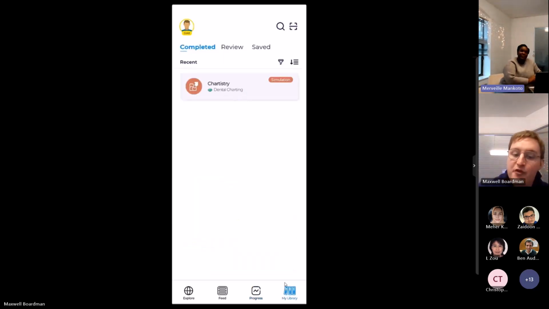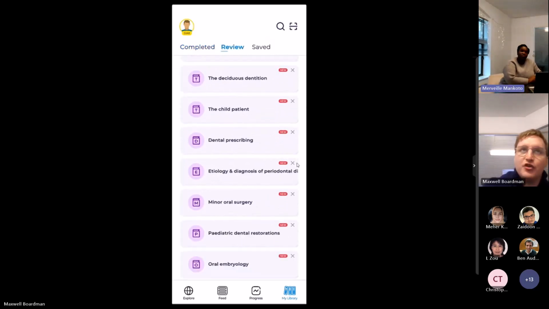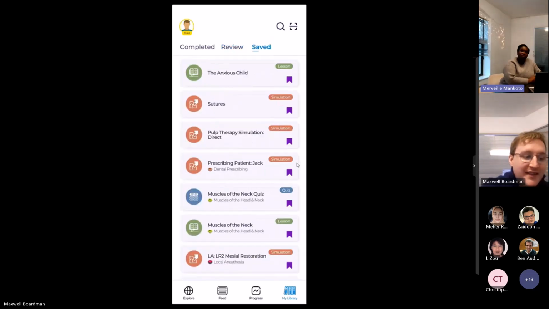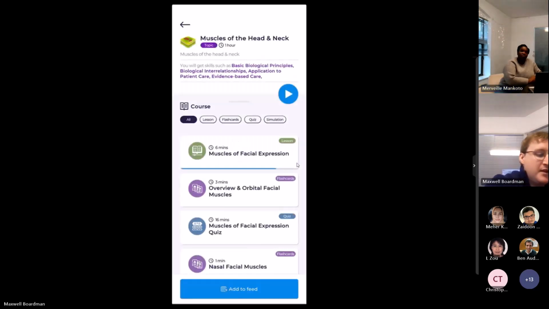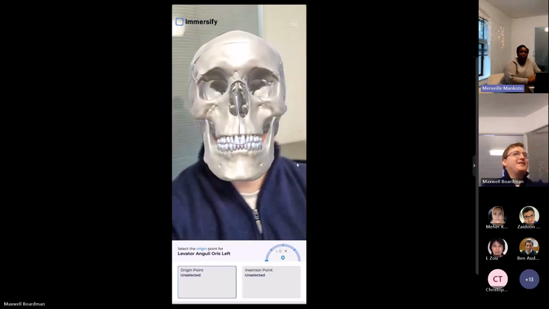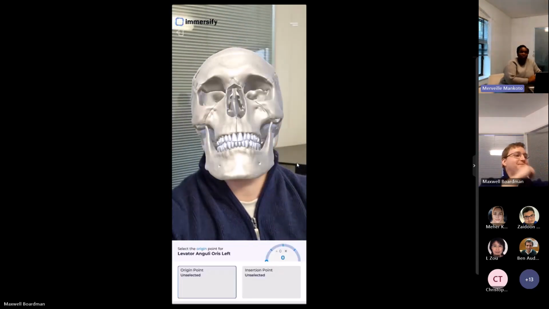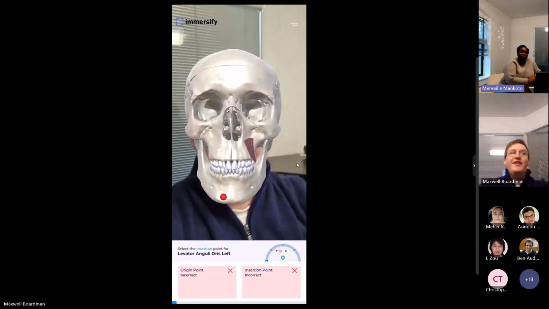And then lastly, we've got this library section, which is where all of your saved activities and all of your completed activities are. First you go to reviews. These are ones that I've maybe not touched in a while. Then some of the saved ones. If I really like that muscle of the head and neck, which I think I've accepted now. This is the one I was going to show you before with the anatomy. I can add this to my saved, and also this is where it superimposes onto me. Now I've accepted the camera positions. So you can really see